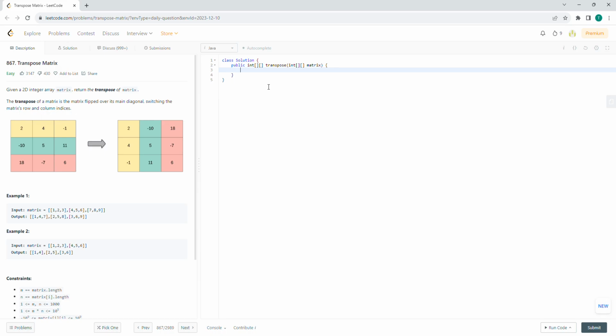Welcome to December 10th LeetCode Challenge, Transpose Matrix. Given a 2D integer array matrix, return the transpose of matrix. The transpose of a matrix is the matrix flipped over its main diagonal, switching the matrix row with the column